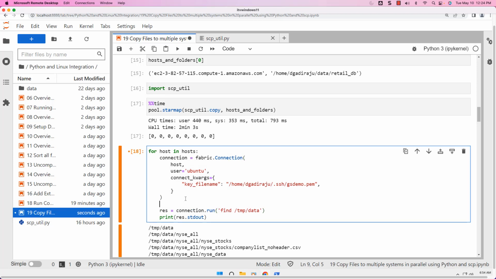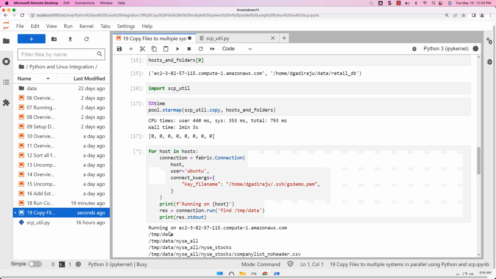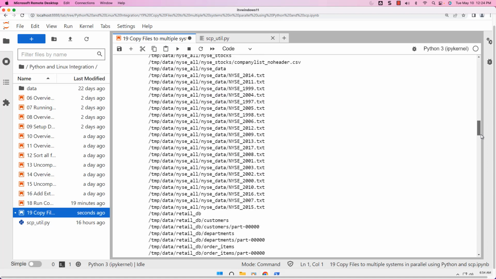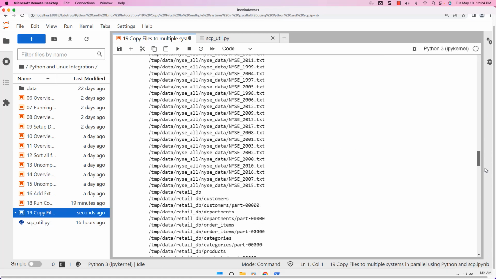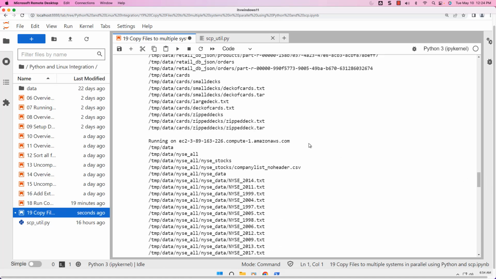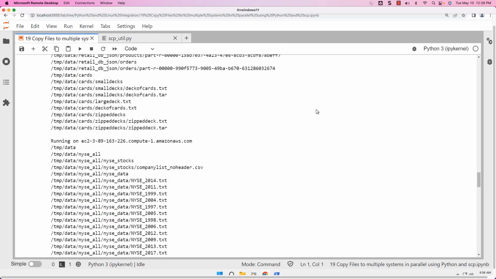So let me say print running on host. Now you can see the details about the instance before printing the output. Once we are done with the first instance, we should be able to see the details with respect to the second instance also. This is how you should be able to leverage the power of Python as a programming language to take care of automation,